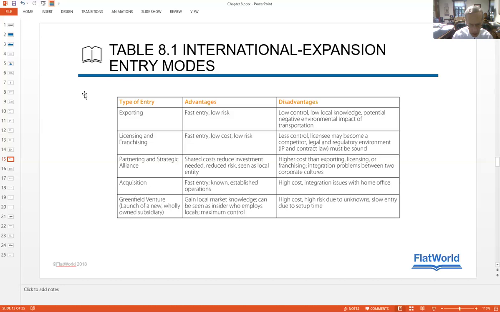And finally, the so-called greenfield venture, where instead of buying a new company, you basically buy the land or the buildings and start a business fresh in a new country. You would make such a venture in the event that there's an entirely new product, an entirely new process, something that companies in that country that you want to enter don't already know how to do. So you're taking a lot of risk because